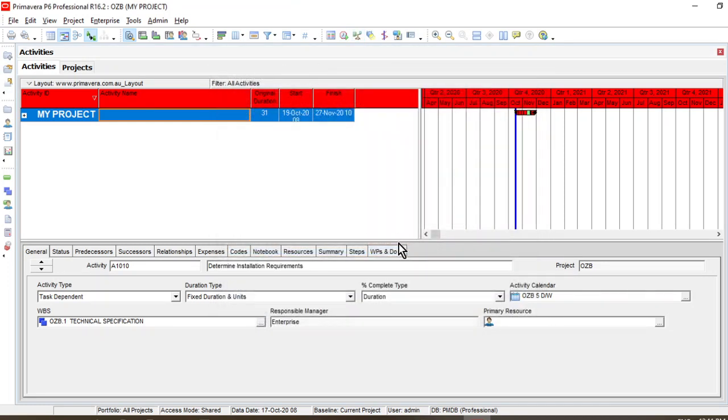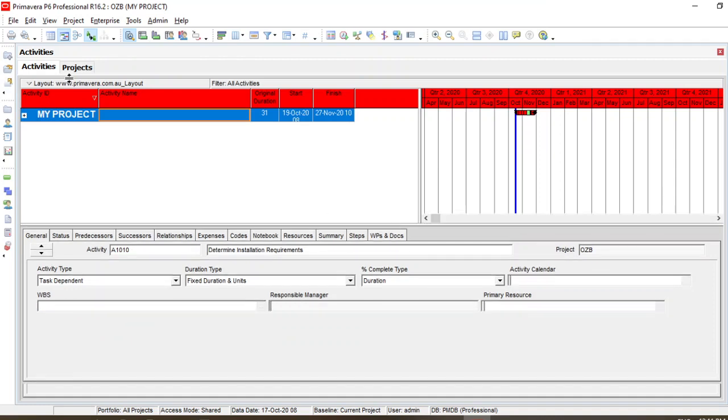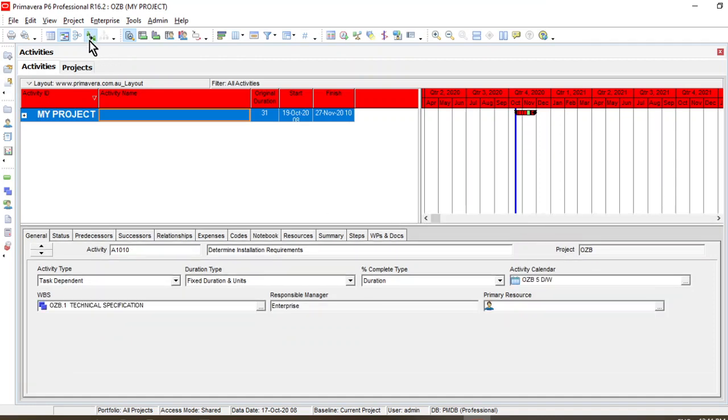All right. So these are the relationship lines. If you just uncheck this, all of the relationship lines will be hidden. And again, you can use this particular command. Now, these are